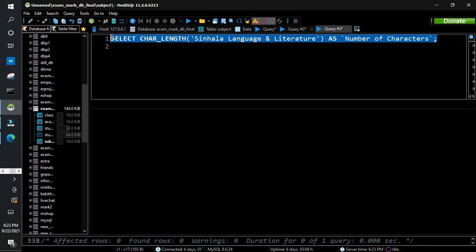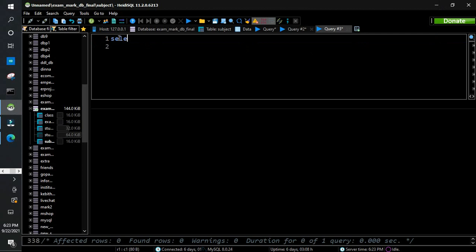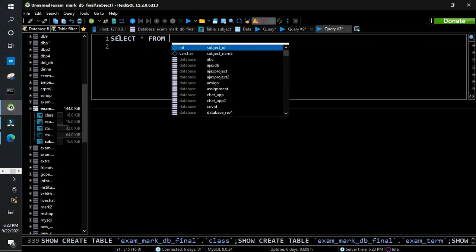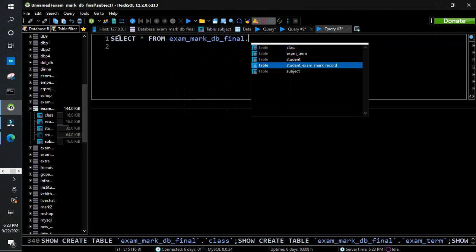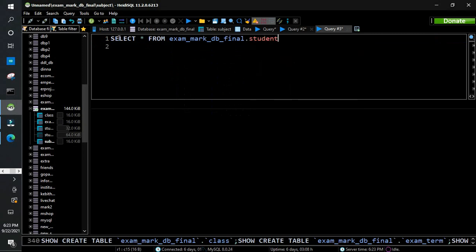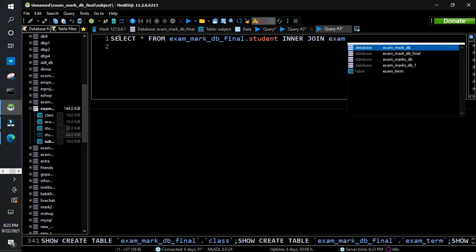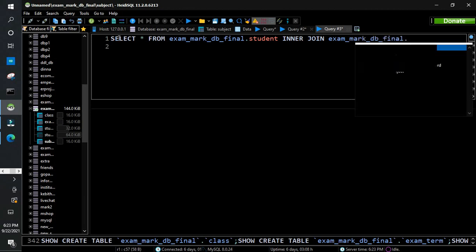Now if you can remember the concept of join query, so what I am going to do is select all from database dot the student table, and I am going to inner join the class table. And now I have to give a condition.